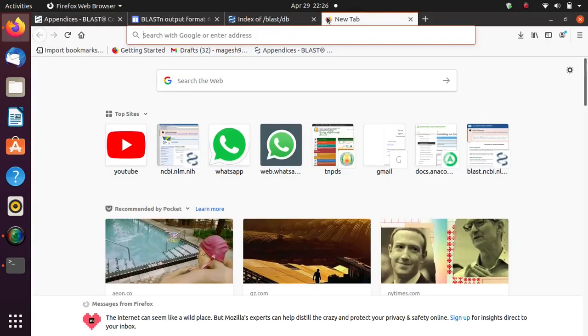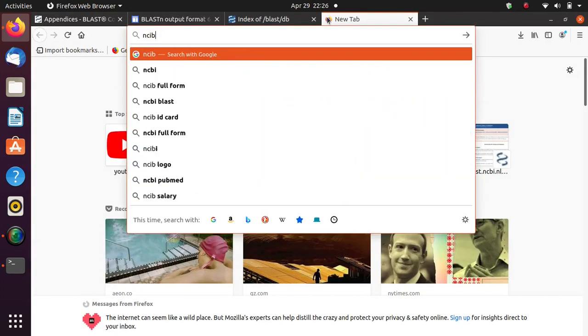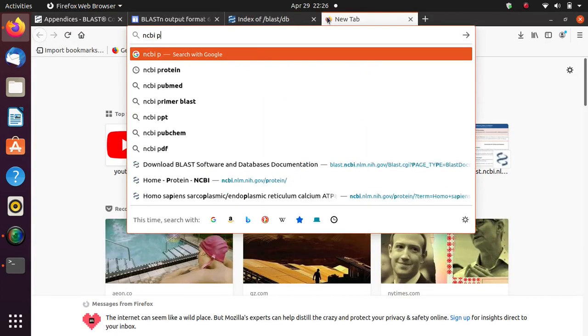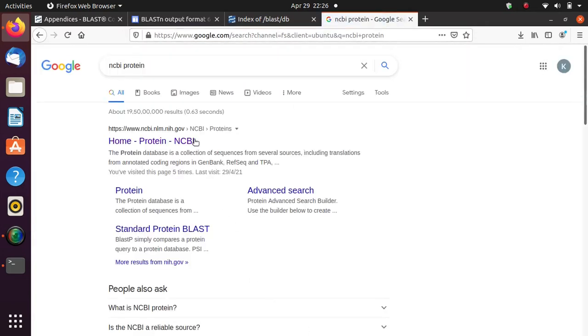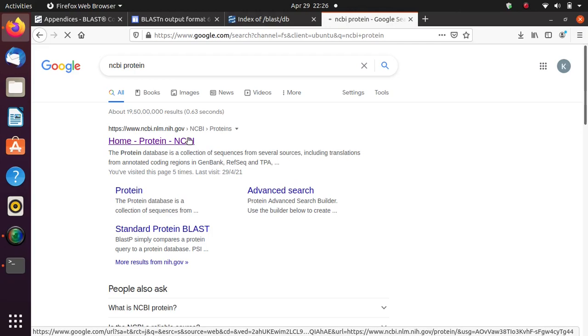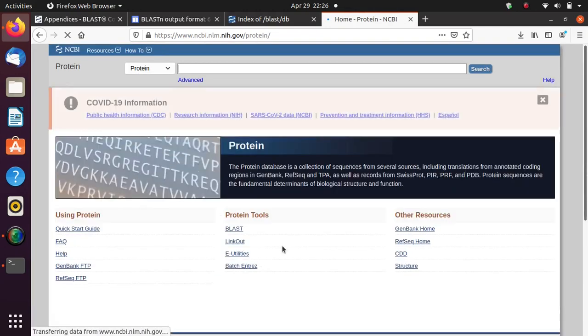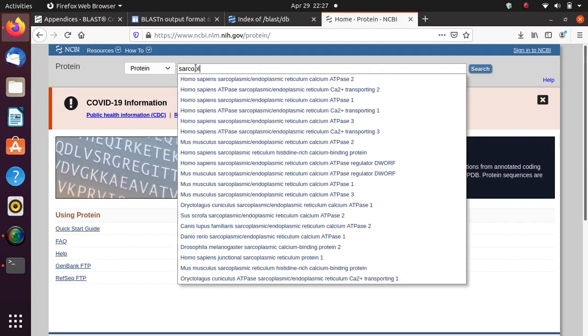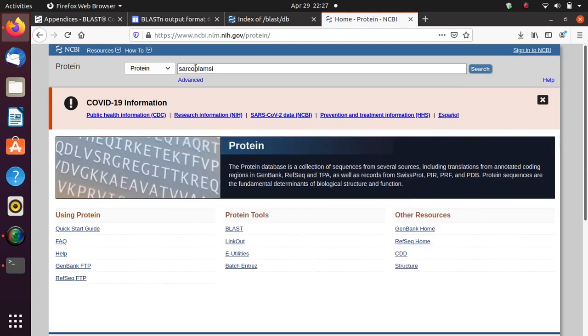In the meanwhile, we'll go to NCBI Protein and download some example sequences for this video. You can choose any dataset or any protein. I will just try sarcoplasmic, the first suggestion, sarcoplasmic or endoplasmic reticulum.